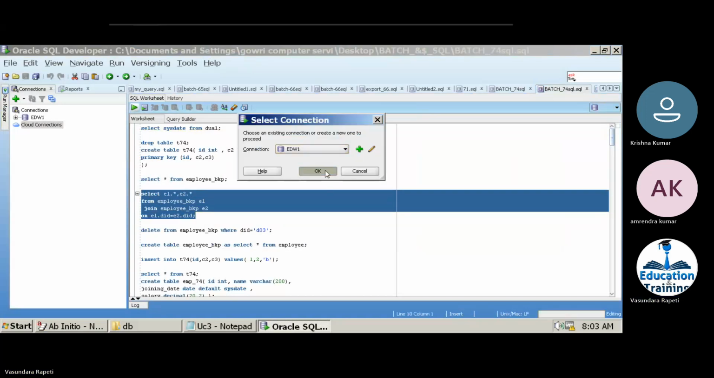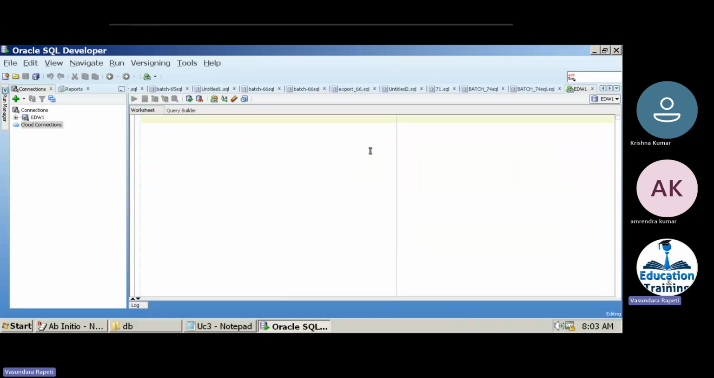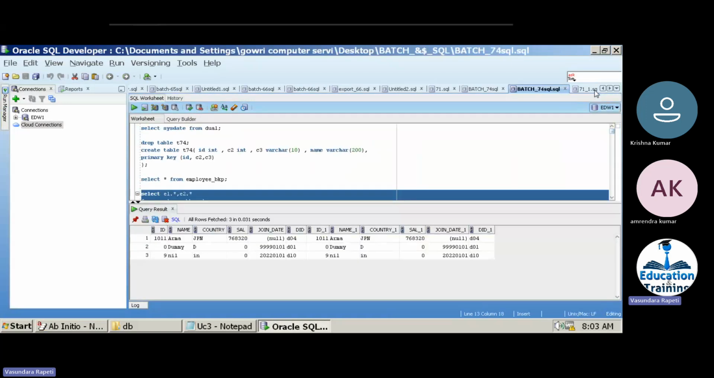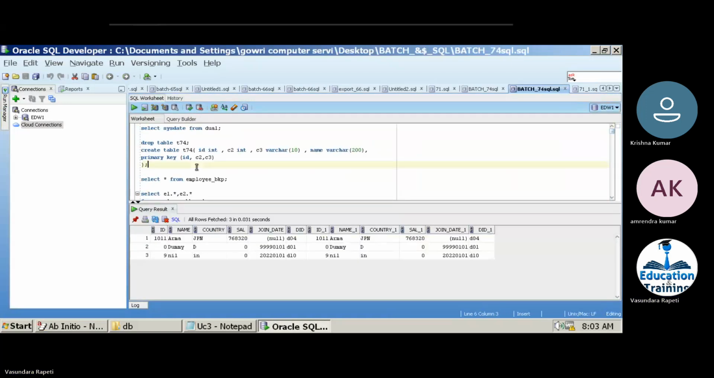In Oracle it will give only 3 records because 3 are matching. If we will see here,